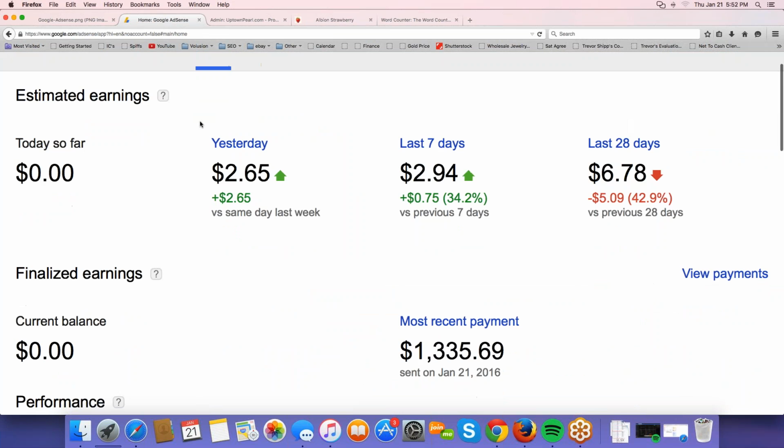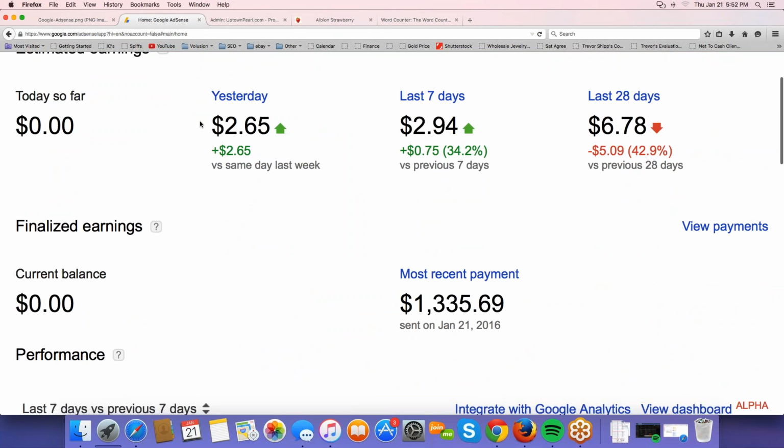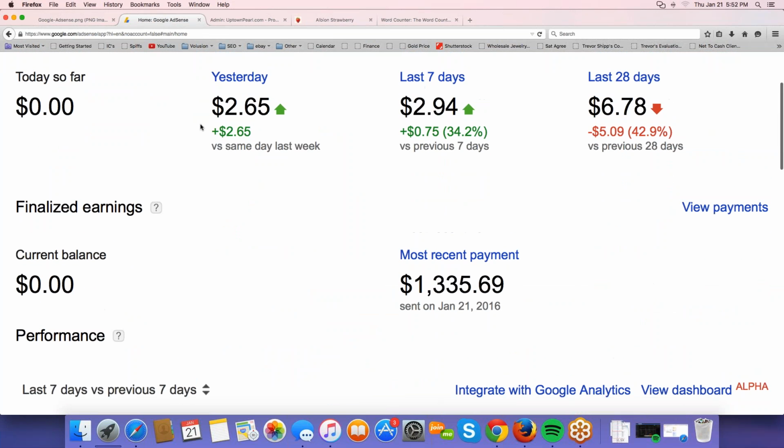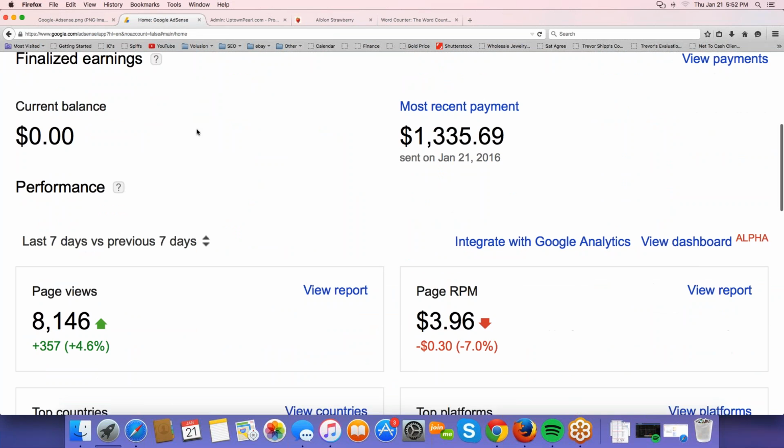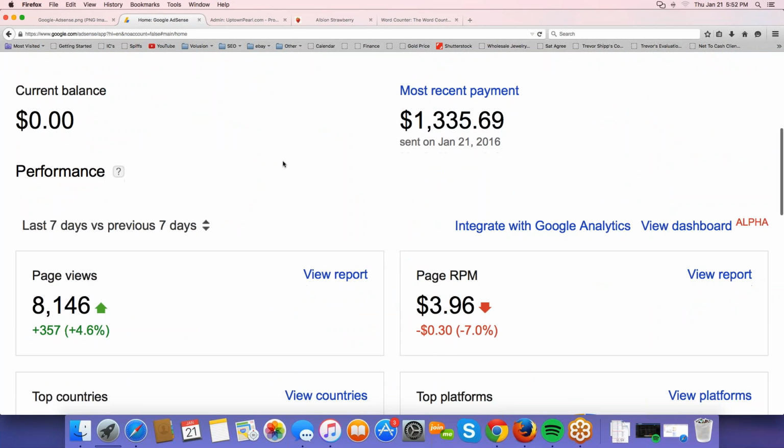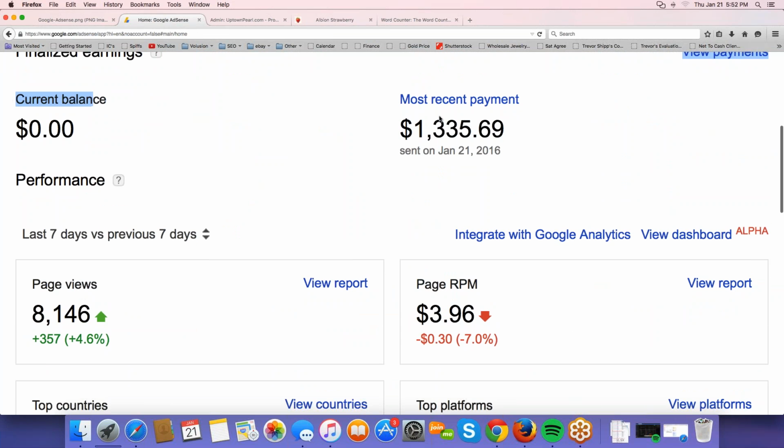On your dashboard, you can see a quick summary. I'm going to go home on this page, and you can see how much you're bringing in per day on your ads. You can see your current balance owed. I actually just paid myself today, oddly enough. So the rule is with payments on AdSense, you have to accumulate a balance of at least $1,000 before you pay yourself. And so on this specific account, I had